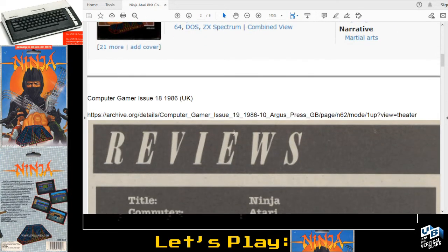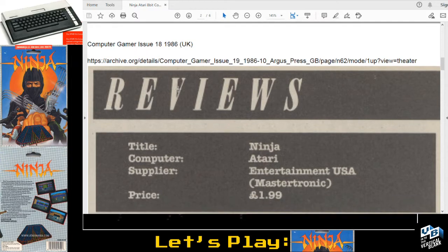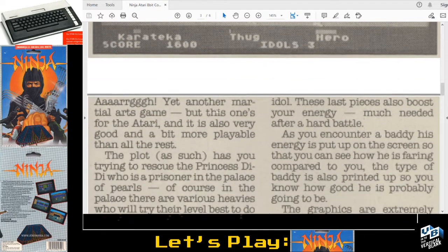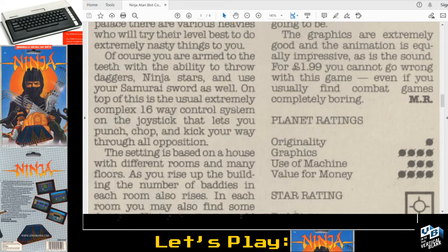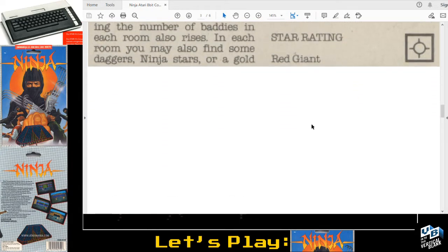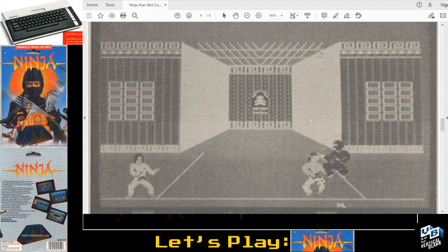I found this great magazine review from Computer Gamer, issue 18 in the UK from 1986 on archive.org. They liked this game. They didn't give it a good originality score because it's ninjas. But on the Atari 8-bits, we didn't get a lot of ninja games, so I think the originality score for the 8-bits would be a little bit higher. Value for the money is a 4, and it is a good value for the money in this game. I didn't pay for it right now, but I think if I paid $9.99 for it, I would have loved it. Or especially